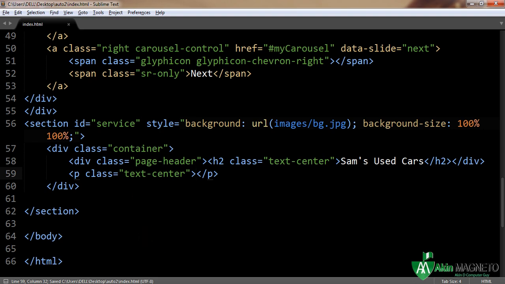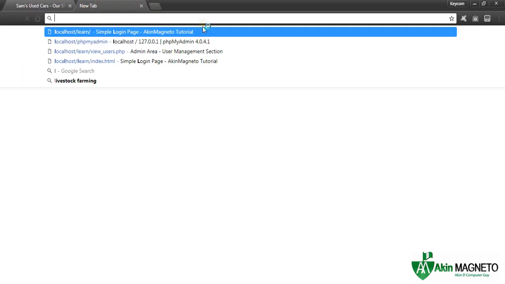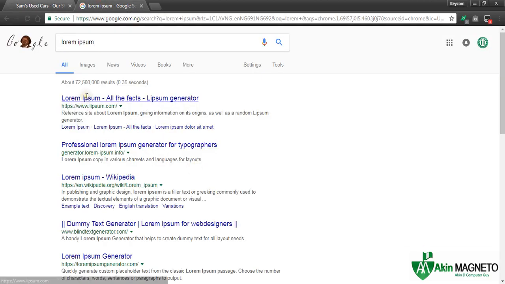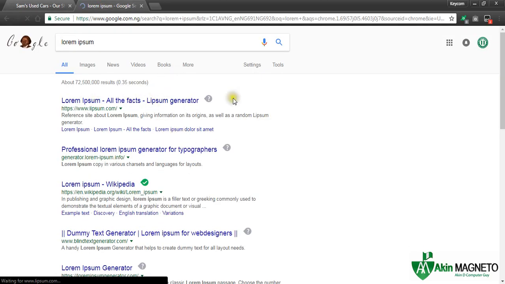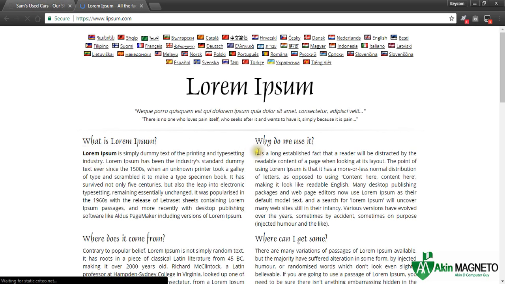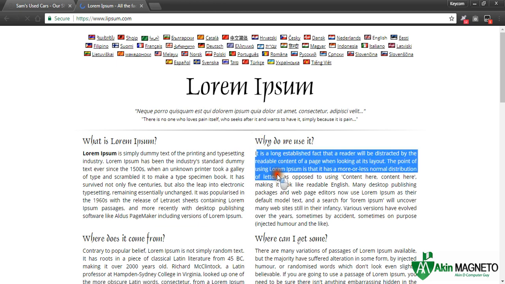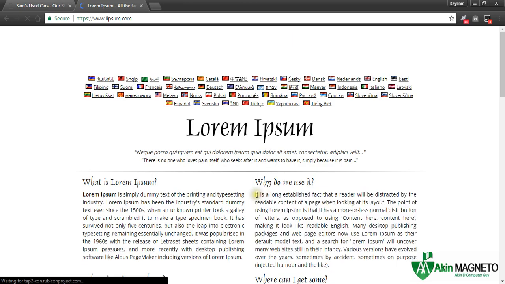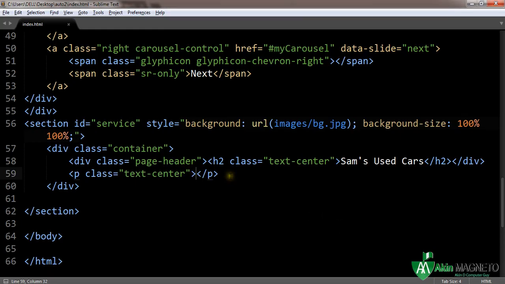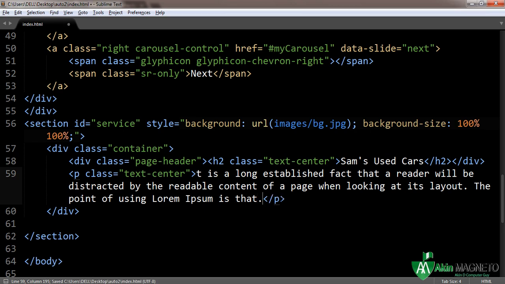Now let's quickly go to lorem ipsum so that we can fetch some text there. Okay, just want to copy some text here. Okay, now we can paste the text here. Okay, now once that is done, we need to the next time we're going to make use of